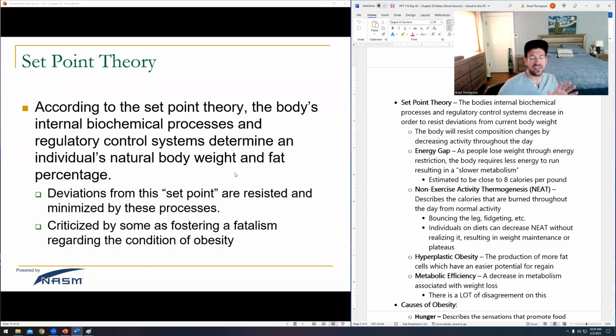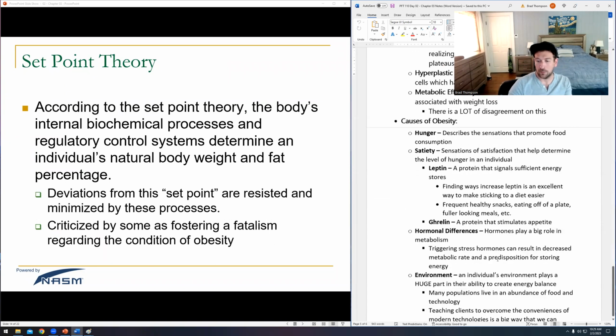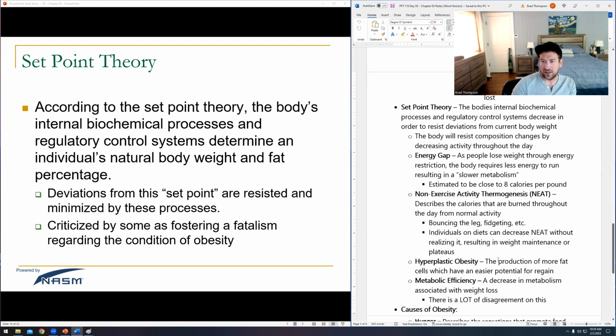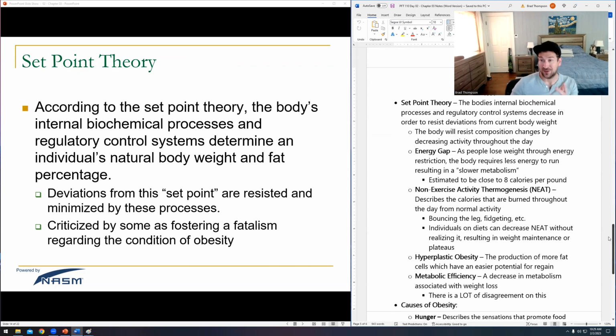Okay, so let's talk about some of the hard parts of this whole weight loss process, some of the drama surrounding this, because sometimes people are going to have a hard time meeting their goals, and they're going to get frustrated, right? How do we explain why someone isn't necessarily losing the weight they're supposed to, or gaining the weight they're supposed to? Well, one of the things you'll hear of is called the set point